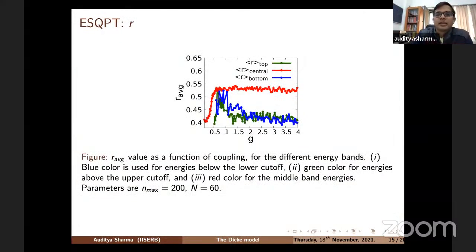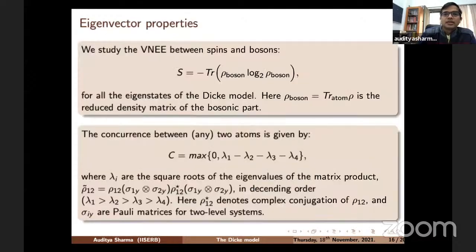So the data here, I've looked at R average versus G. For the full band, for G less than 0.5, all the energy levels behave pretty much in the same way. So you can study R average as it is, and it's roughly in the Poissonian limit. And then you see that if you make a distinction between the central band and the top band and the bottom band, there's a significant difference in R average. So the top band and bottom band are more like Poissonian, whereas it's only in the central band that you see that it's Wigner-Dyson. And so